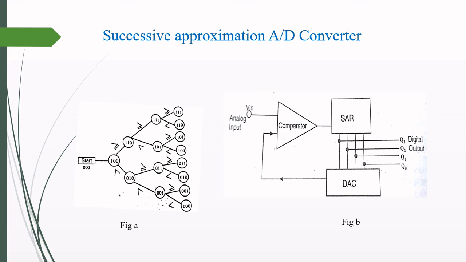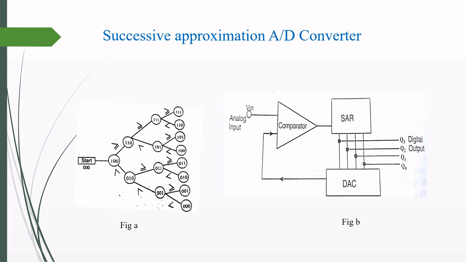The bit position is changed by making decision for instance. If Vin is greater than 100, then counter is set to 110. If Vin is less than 100, then the counter is set to 010. This action is continued till input voltage approximately becomes equal to register output. The digital number produced by the counter is converted into analog voltage by D to A converter and then it is compared with the input voltage.